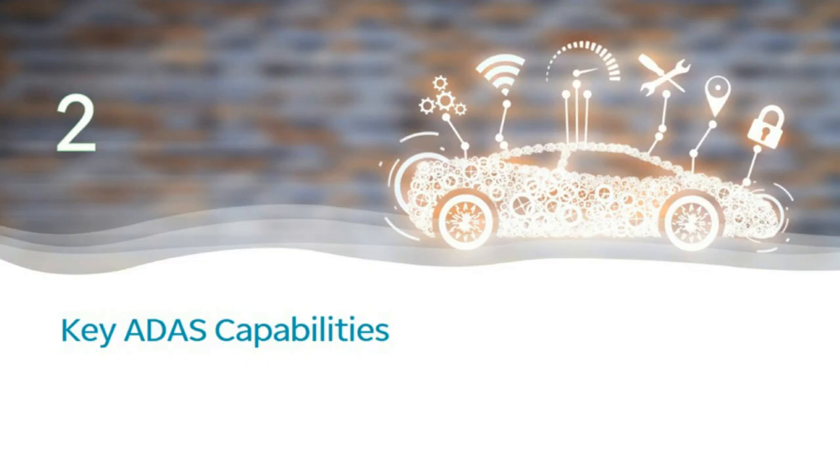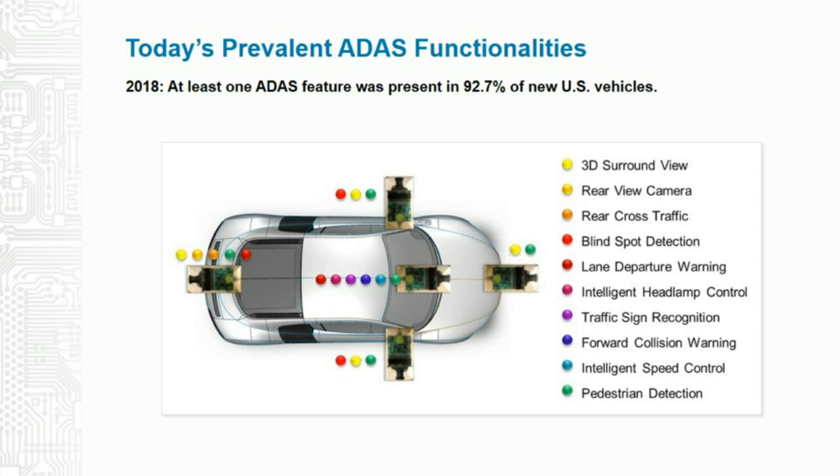Okay, now let's take a closer look at the functions that will soon be found across most major auto models from entry level to luxury class. The list of ADAS features on the road has grown significantly in recent years. You'll see how many of these there are. If you look at the slide, you see cameras, you see radar in operation.